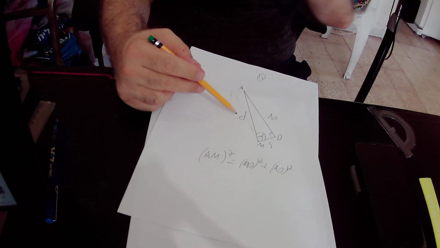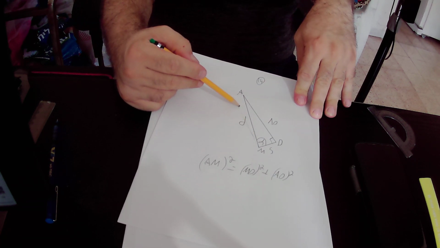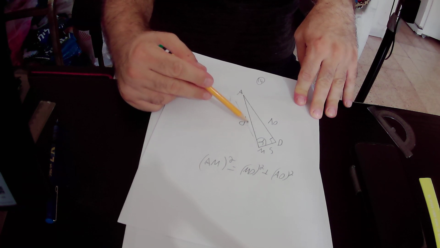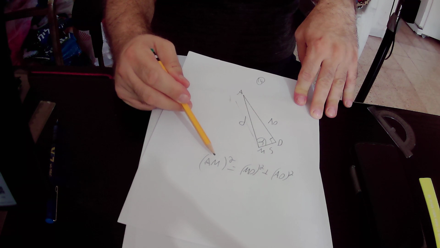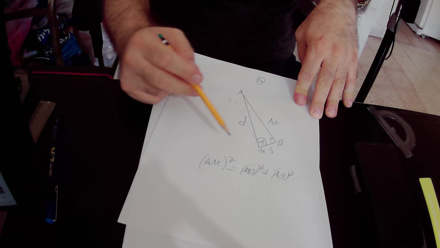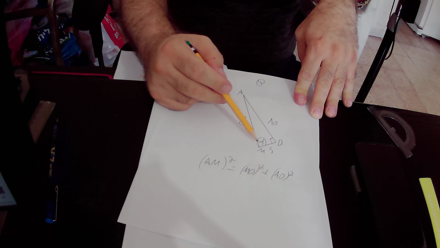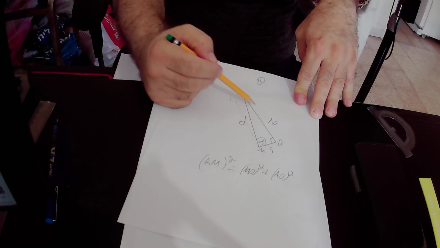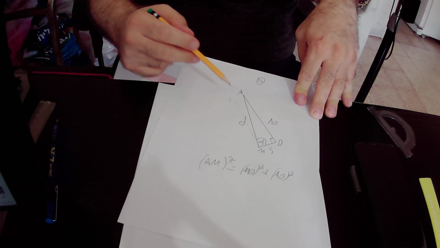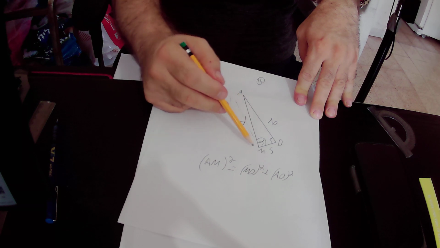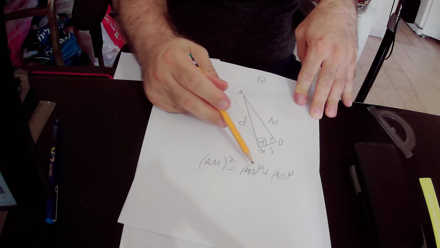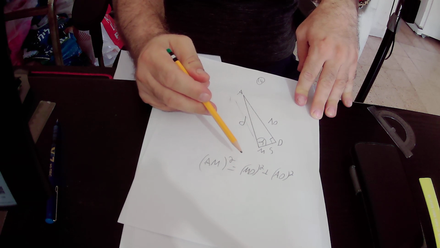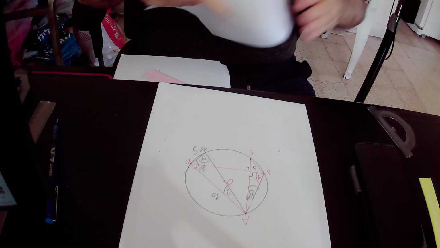AM squared, the hypotenuse squared, is actually the diameter of the circle squared. But we know that DM equals 5 units and AD equals 10 units, so we can put the data inside the equation, and we will find out that